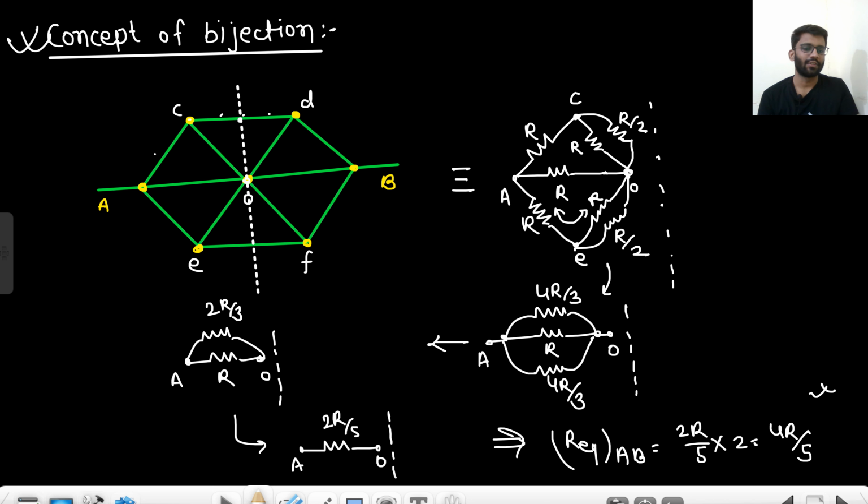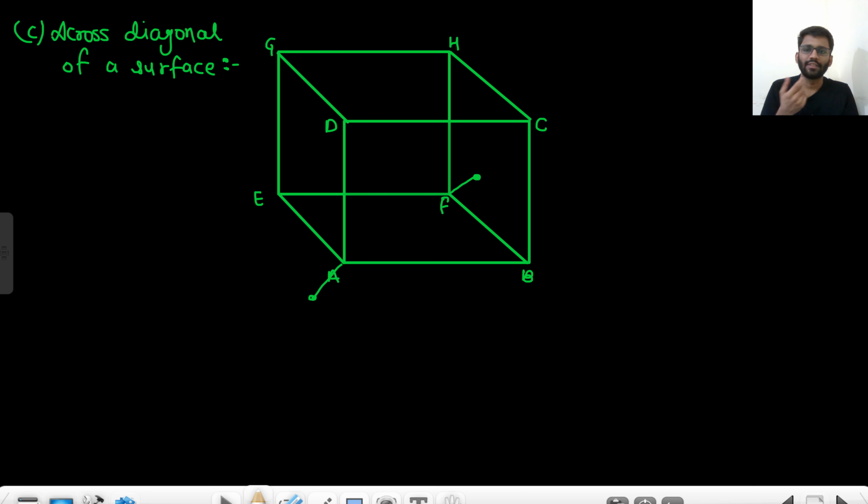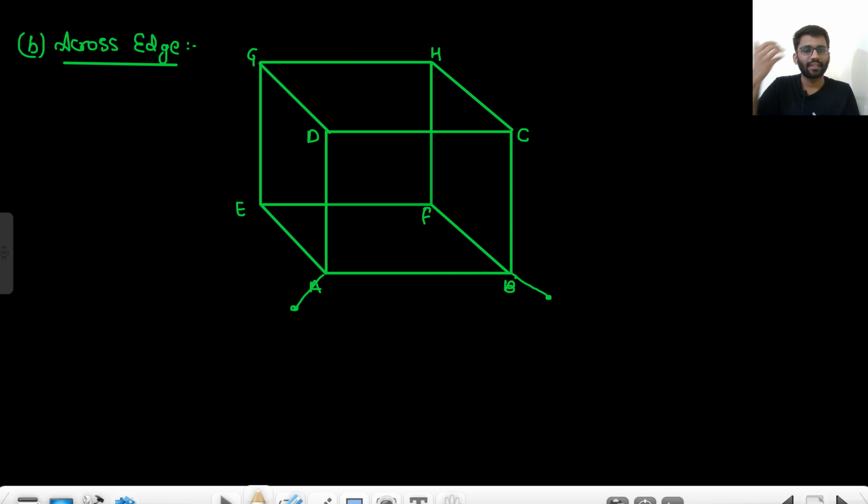Okay. So that's how you need to solve the problems. And there are more problems. Equivalent impedance of a cube. We will see it across the diagonal, then across edges, then across a surface. Then we will see more examples, and also we will see infinite ladder questions. So I guess it will take me one and a half lectures more on this. Okay, so let's see it in the next video.